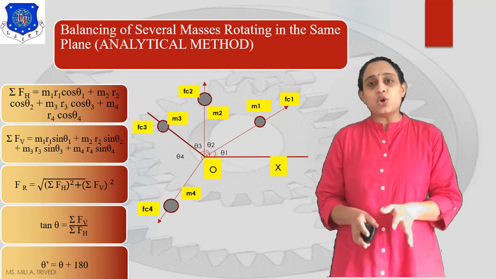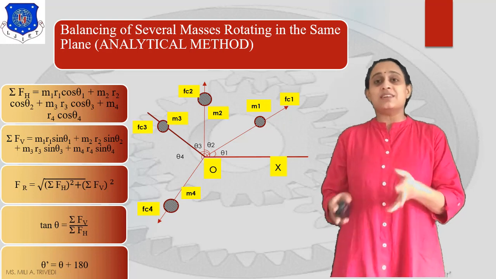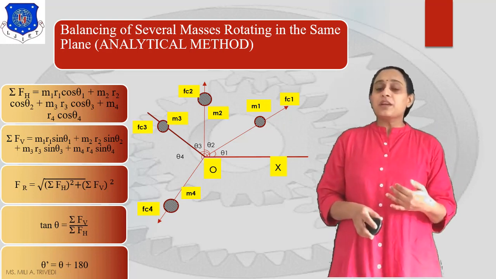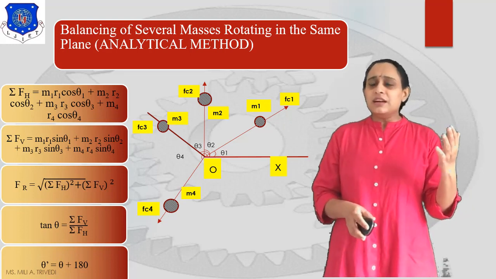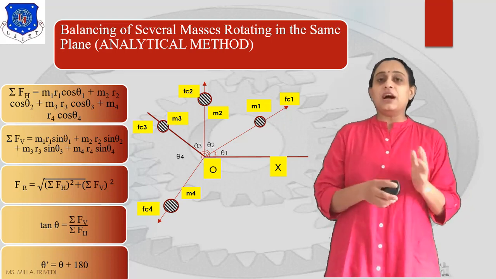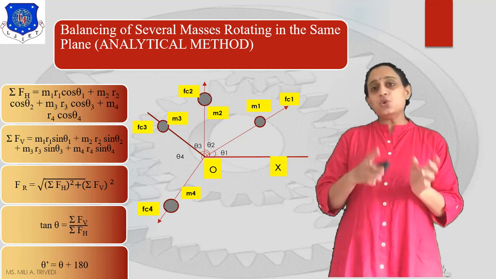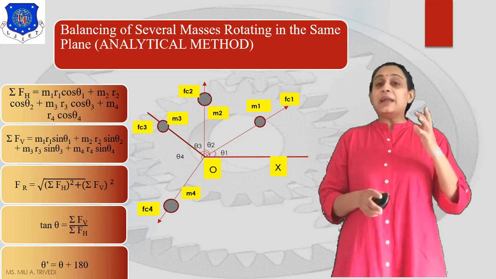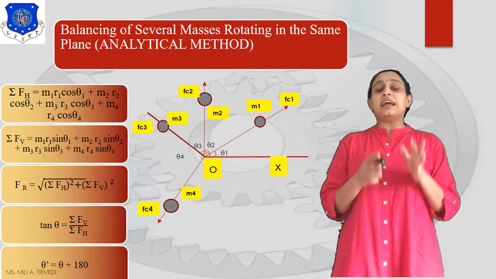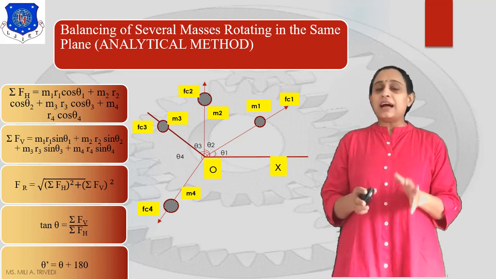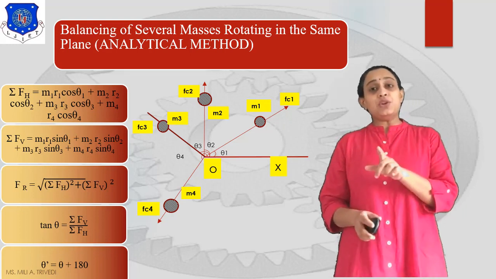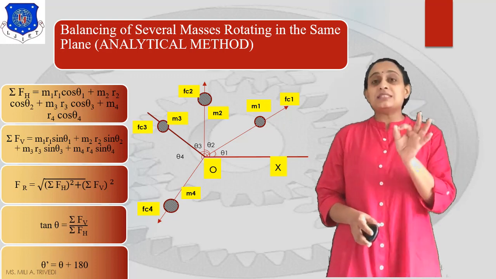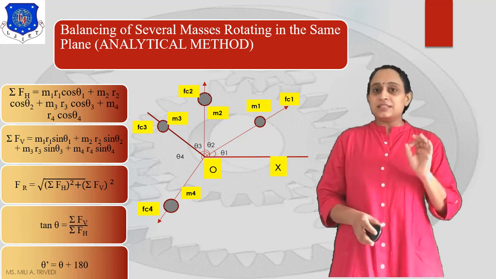This method is also known as the equilibrium method, or resultant method. Here we are going to find the resultant value. Let us find the resultant FR. FR is equal to the root of horizontal squared plus vertical squared, and by putting in all these values we get the resultant force. By this resultant force, if we know the balance mass radius, we can easily find the mass of the system. Is it clear?